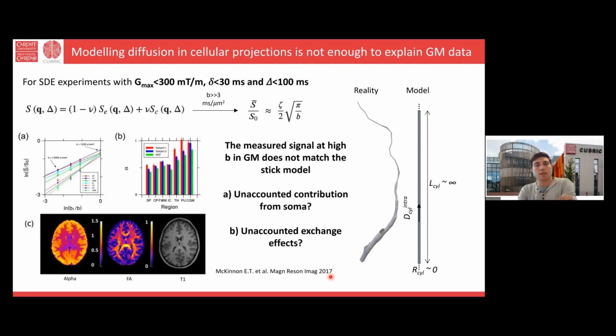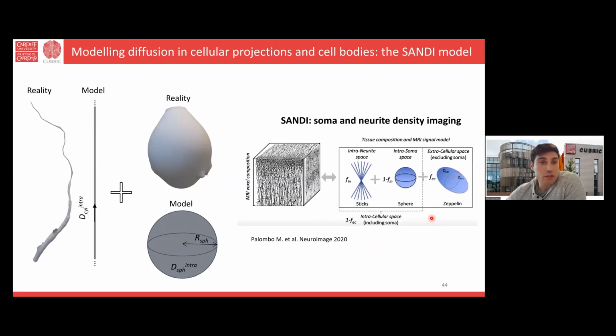And this is exactly what follow-on work investigated. Part of the community started looking into including the cell bodies as a possible extra feature to estimate. And part of the community focused on asking, what if these sticks are actually not impermeable, but water can exchange? I will go very quickly through this because I'm already 3 minutes to the end. But pretty much, the first assumption is that our model is missing an important feature.